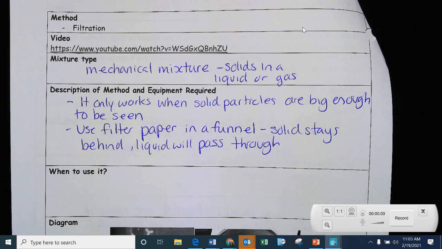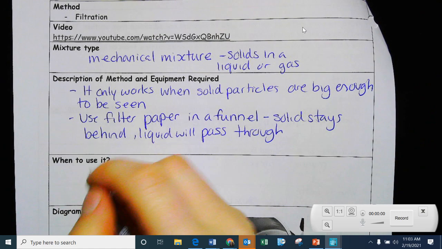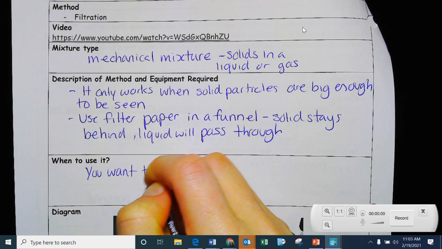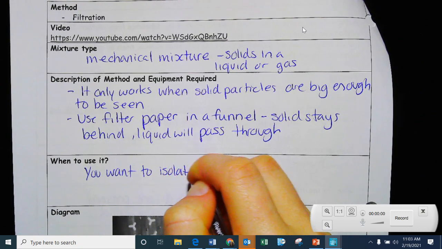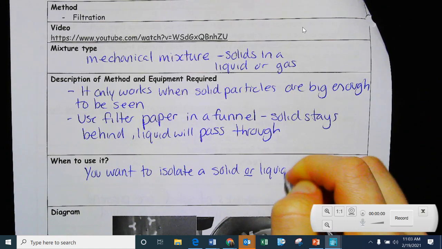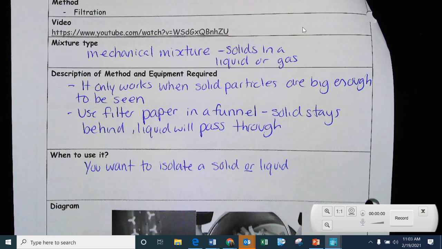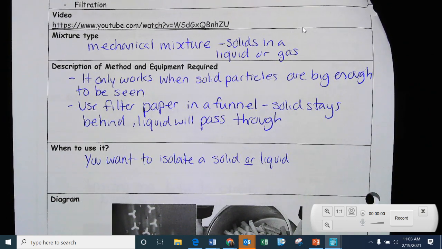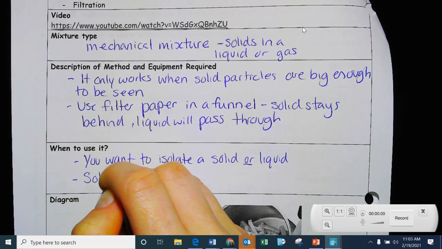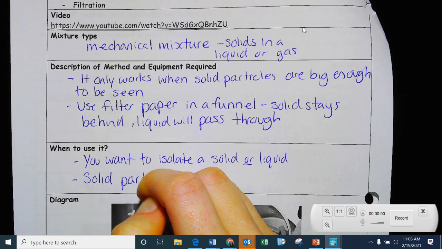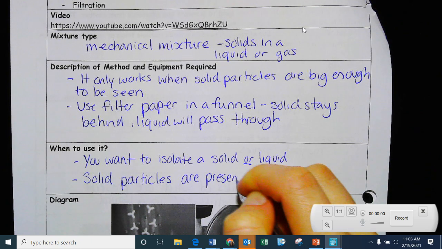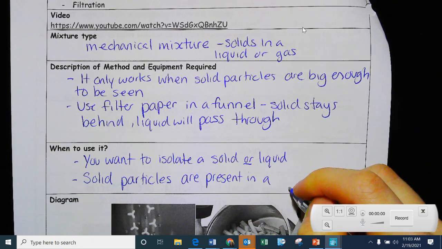Okay, so when would you use this? In this case, you want to isolate a solid or a liquid. So sometimes you might want to capture the solid, sometimes you might just want the liquid, sometimes maybe you want both. And when solid particles are present in a large amount of liquid,